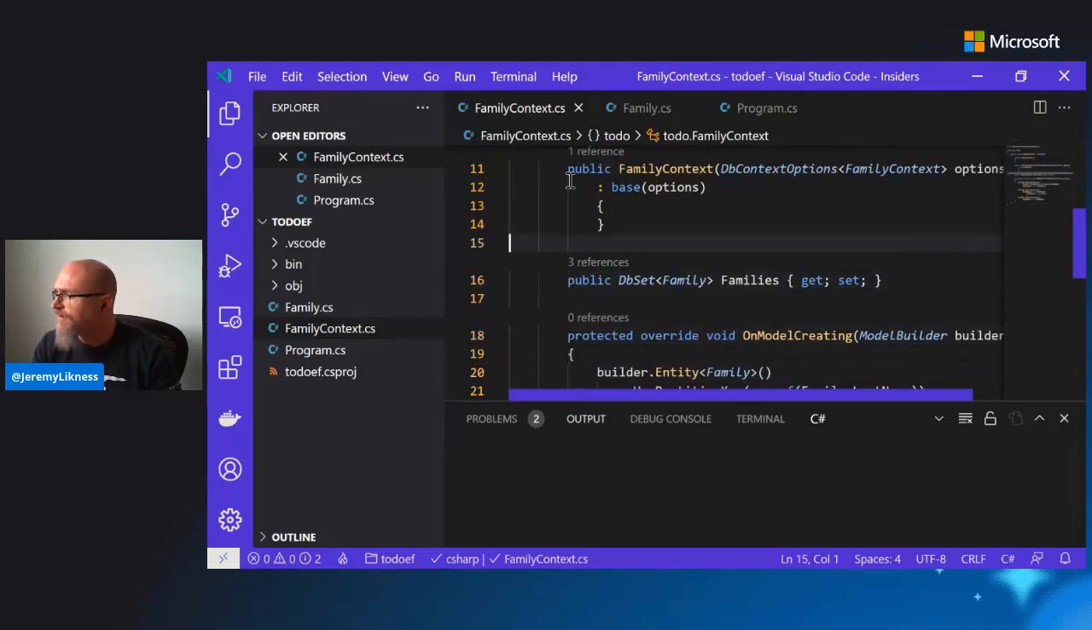The DbSet is how I tell Entity Framework something is interesting. So I'm telling it, I want you to track family. We're going to persist family. Now, family has children, parents, pets. EF Core is smart enough to traverse that object graph, to look at your domain graph and understand these relationships